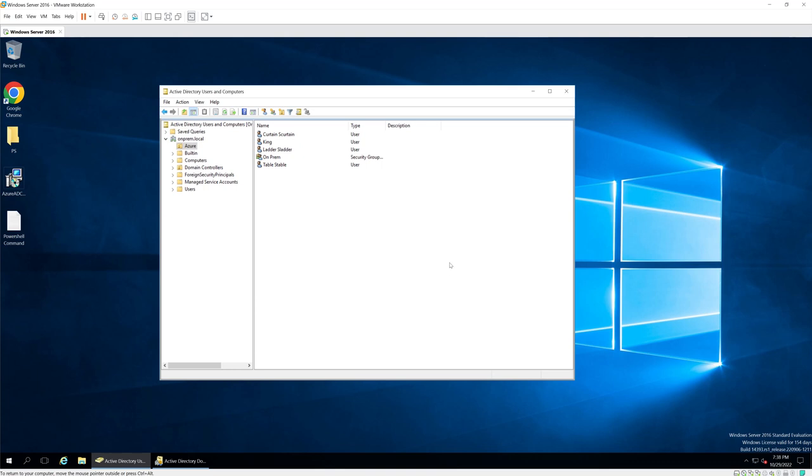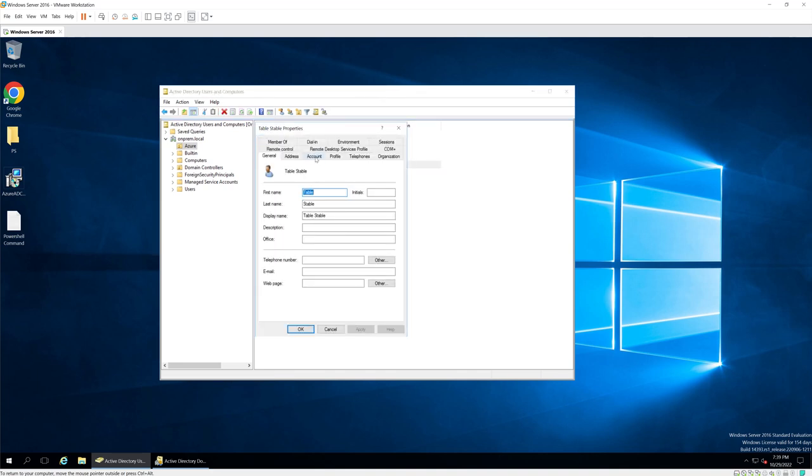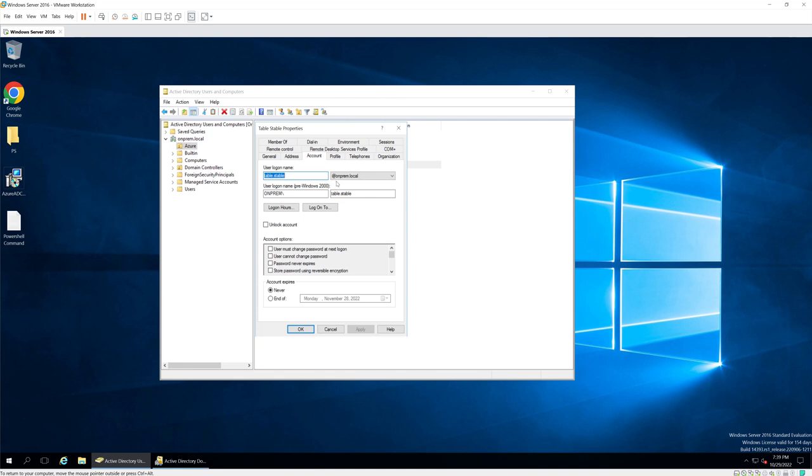The first thing to take into consideration is your domain. Now, I have created a domain which is a non-routable domain. What does this mean? This means that if I go to my user's properties and to his accounts tab, you can see that my user is on a local non-routable domain, meaning this is not on the internet. onprem.local is not published anywhere on the internet. So what Microsoft does is, if I have an onprem.local user, the AD Connect software will migrate this user onto the cloud, but with the suffix